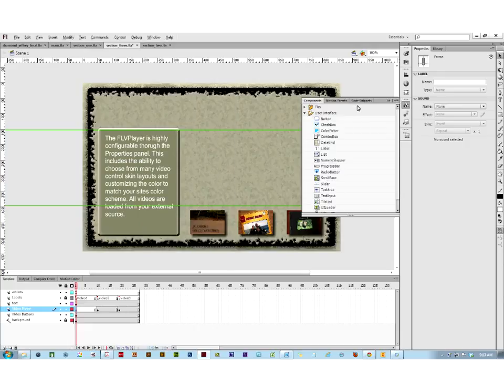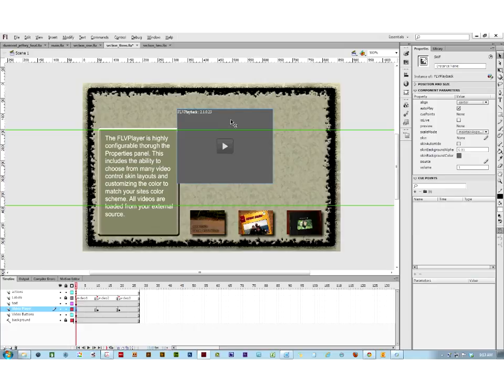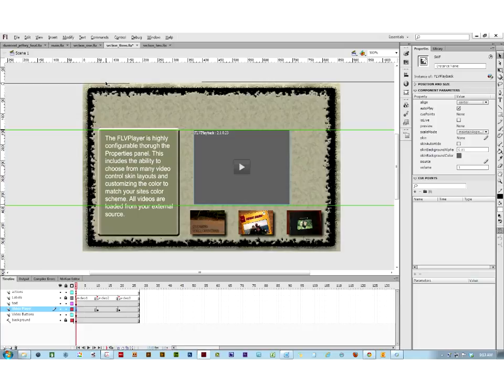components, and within this dialog box you can see there are a variety of user components, and one of the components that we're looking for is down at the bottom. So we're going to close user interface, and we're going to open up video player, and you see it says FLV playback, right? So we're going to drag the FLV playback component onto the stage. We're going to position it, and I've already set up some guides for myself, which I've pulled down from the ruler at the top or at the side